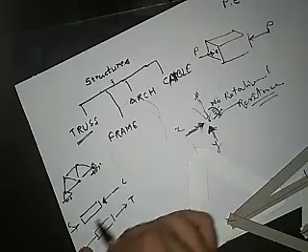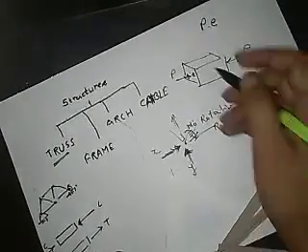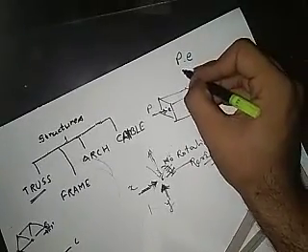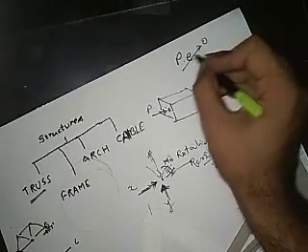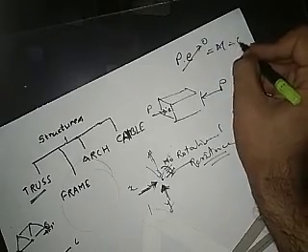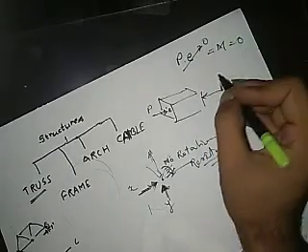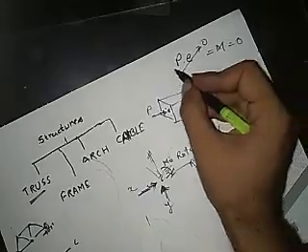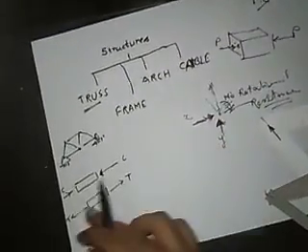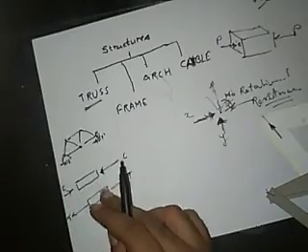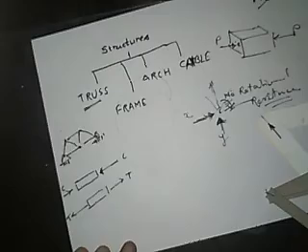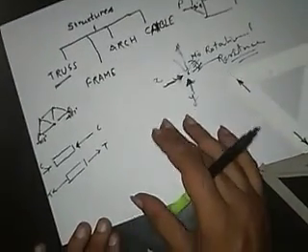all the forces which are being transferred are not acting at any eccentricity. We are assuming that this eccentricity is zero, so that's why the moment will be zero. Okay, getting it? So there will be no moment acting in the truss members, only the axial force will be acting. That was our second assumption. What is our third assumption? Our third assumption is that